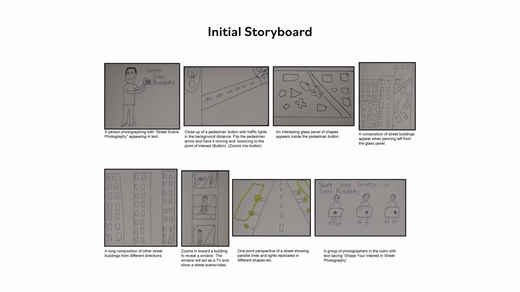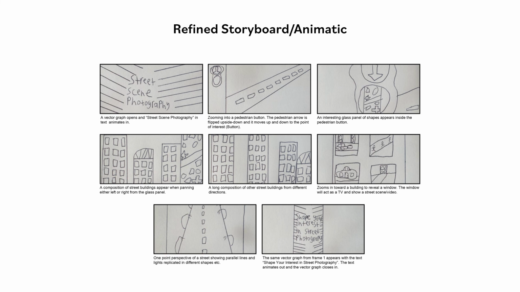The initial storyboard features some very basic ideas that would revolve around some patterns, shapes, symmetry of roads, activities within the buildings, etc. Some of what would be used and refined in better detail as the ideas further develop. In the refined storyboard animatic, I have decided to have some focus on shapes, patterns, symmetry, and different aspects of the building structure. This can be seen above with the pedestrian button. The basic version of the angle of the road, different shapes and patterns within the buildings standing side by side.